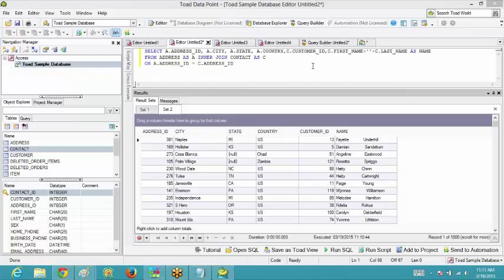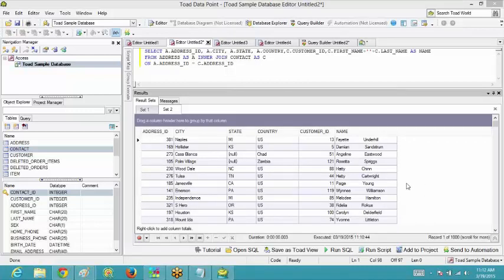And see, the query is present over here, but I would suggest that you don't look at the query which I have written. Try to write it down on your own. In this way, if you are facing any problems, then you would be able to know and come up to me with the questions. That would be helpful for you.